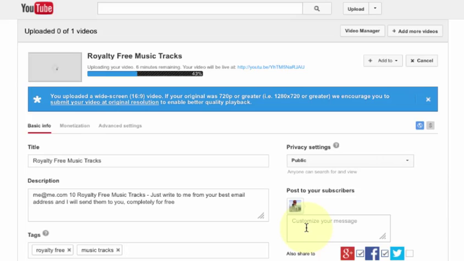Now, that seems like just a passing tip, but that's actually a crucial tip because it works really well, and it also helps to get the search engines to identify the video even more, because once it hits Google Plus, then it also is going to be indexed. So that's a very important tip, is to put a little message in this box and then check off, of course, Twitter, Facebook, and Google Plus. So once again, this is still loading. YouTube's moving a little slow today, so I'll wait for it to continue to load, and then we'll finish up.